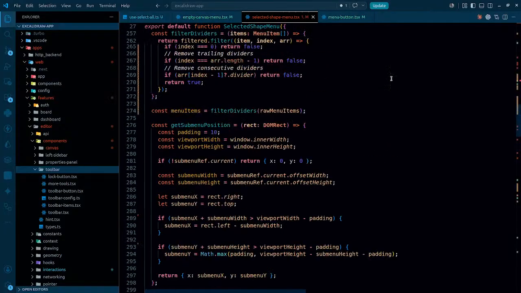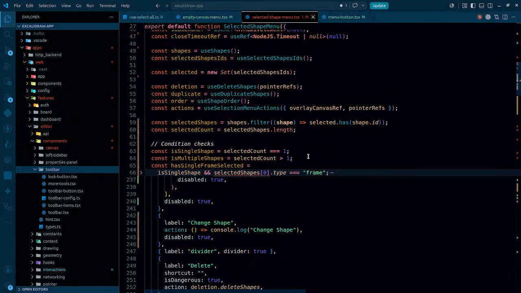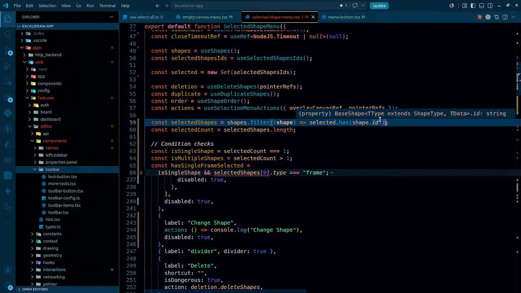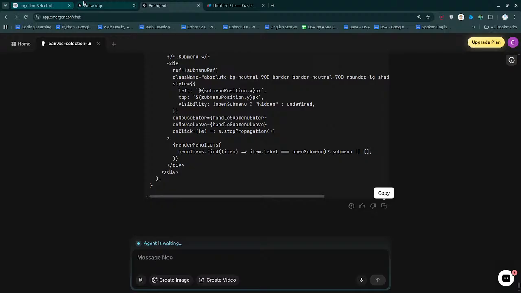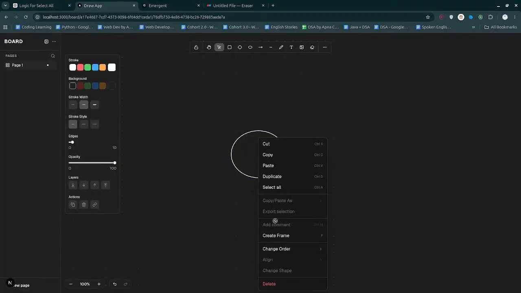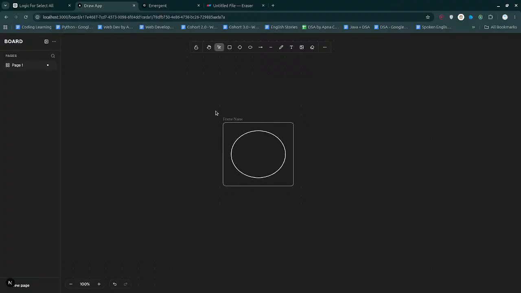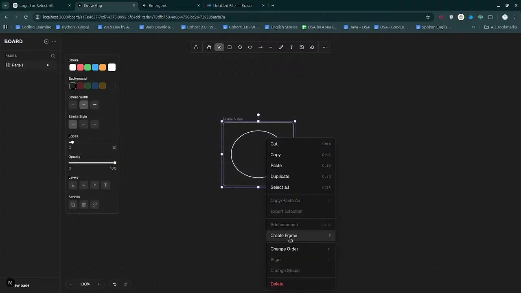And few issues in here. That is the first one. Selected shapes. We'll make sure that we do have the selected shapes at least. The length should be greater than zero. So let's make sure that we have it here. Overall things are done. So let's check the result. So this is how it looks like. That is good. Create a frame. The frame is created. Now